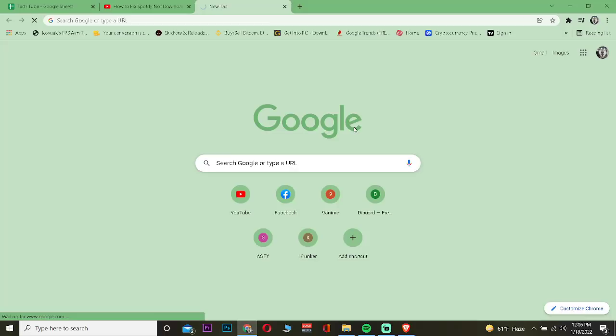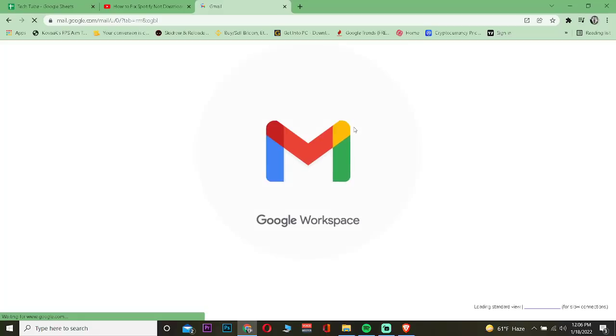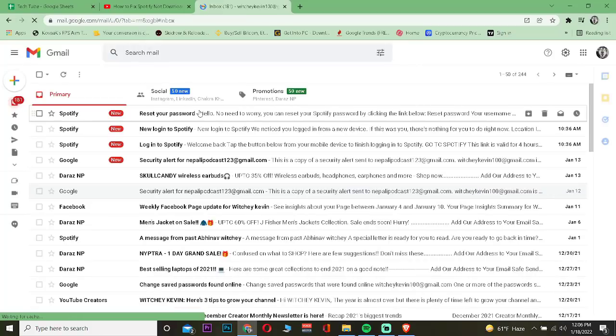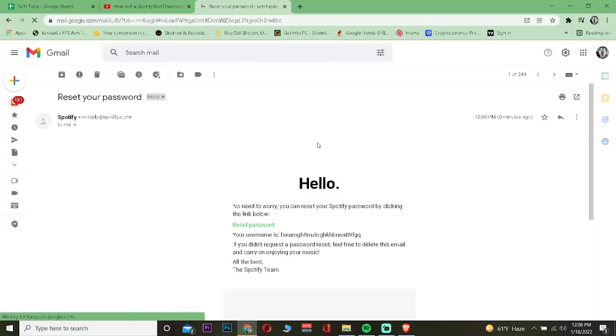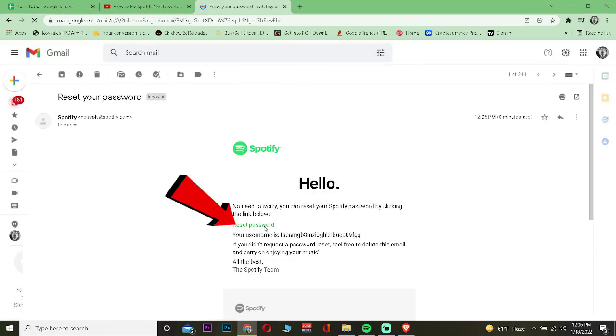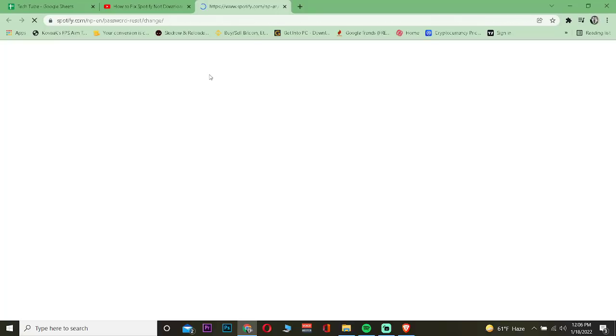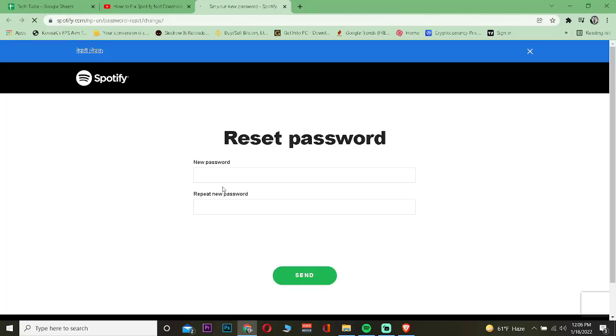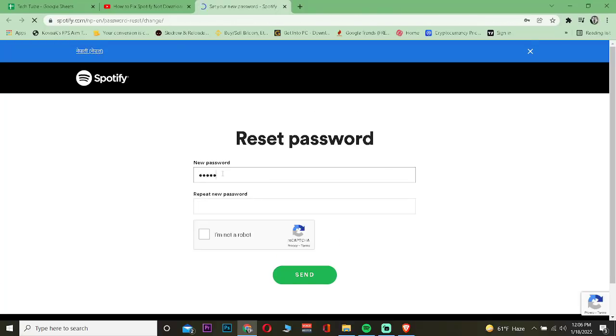You also do that. Now here, I'm opening my Gmail. So let's see if Spotify has sent me a code. As you can see, Spotify has sent me the code. I can click on reset password here, and it's going to take me to the password reset page of Spotify. Now once you're on the password reset page, you want to enter your new password here